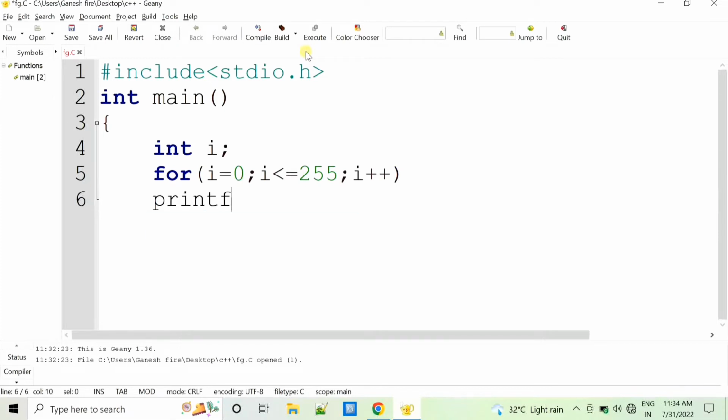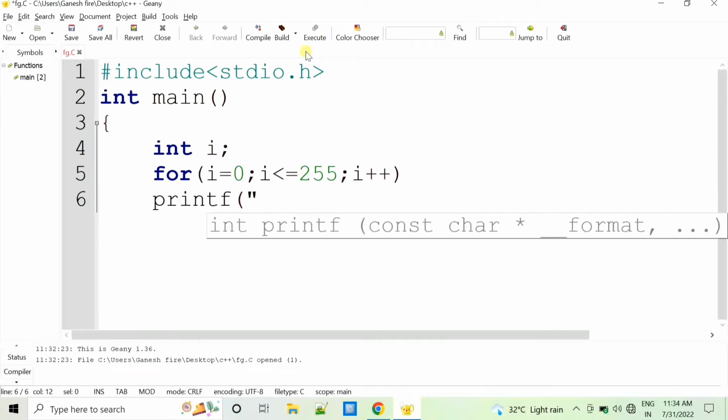Print. I am using printf, printing all the character variables in the i value. For printing a character, percentage %c, and percentage %d for the integer value. Backslash n for new line, close the parenthesis, and i comma i for character and integer. Close the parenthesis and return value